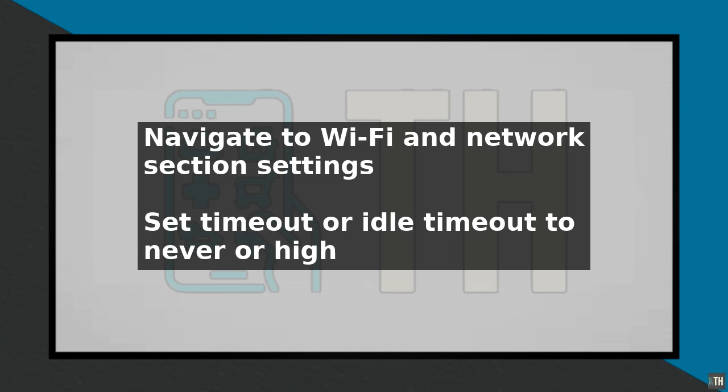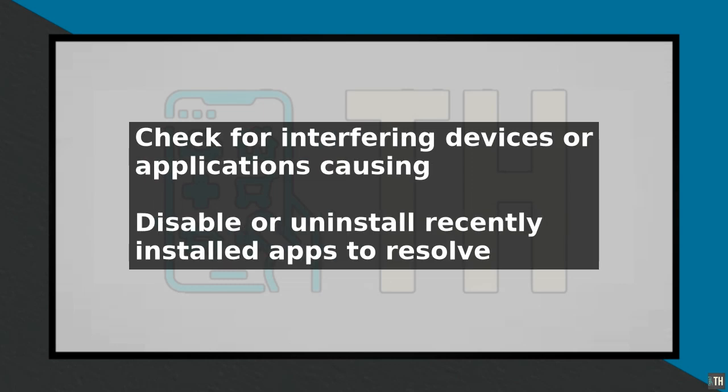Another step is to reset the network settings on your device. This will restore the network settings to their default values and may resolve any configuration issues that are causing the hotspot to disconnect. To do this, go to the Settings menu and look for the Reset or Backup and Reset